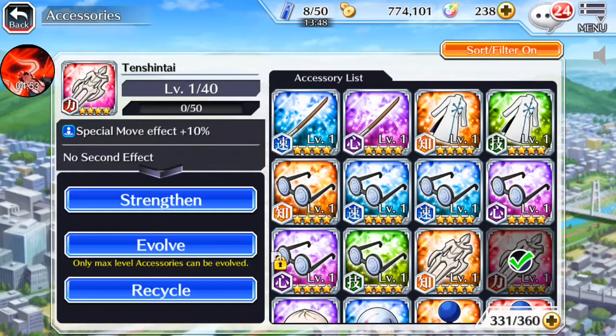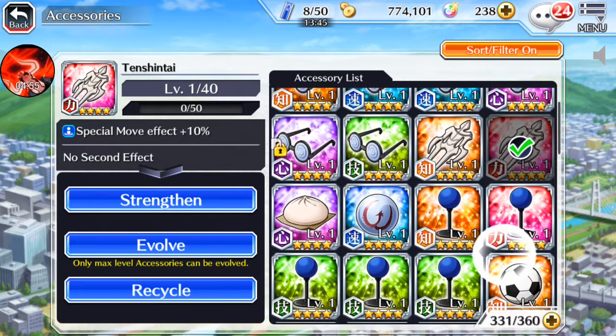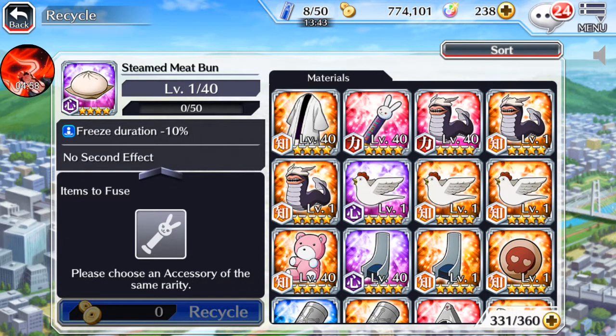See? We just got a red 10 Shintai. So it's not bad, you know what I mean? Like, you get some cool stuff. So like these meat buns, like,